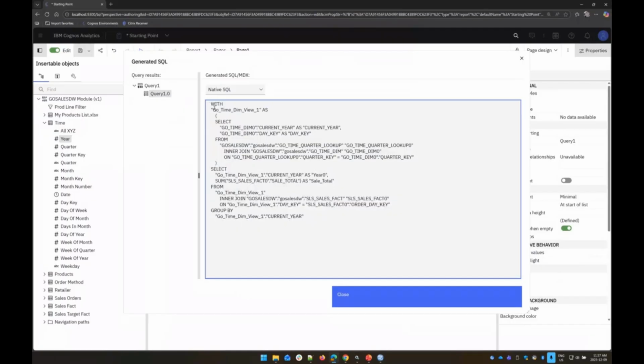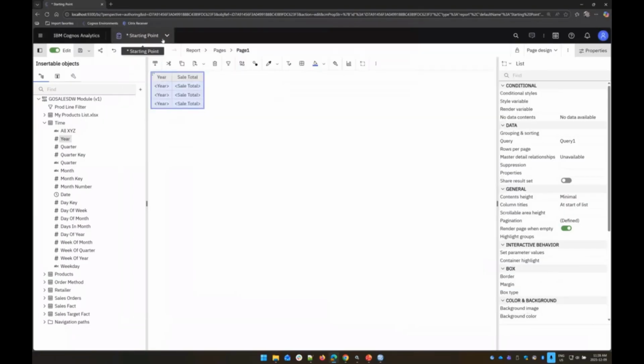And you'll notice there's a with clause here, and that is for this thing called goTimeDim view. And it is pulling back. So the reason that this is happening is because in the model, I have more than one table making up my time dimension table. So I'm just going to close this and just quickly show you what that looks like